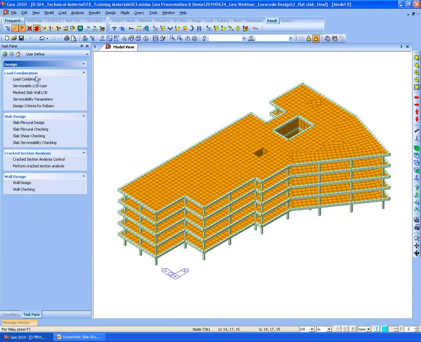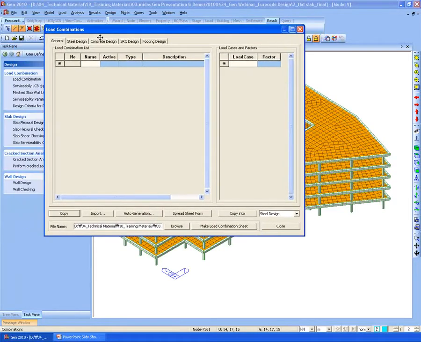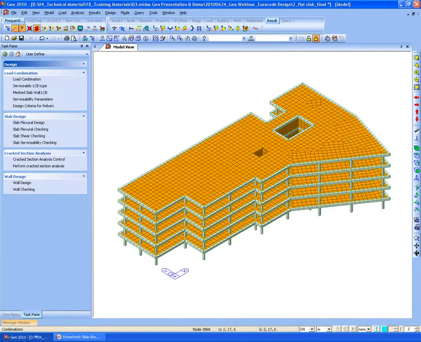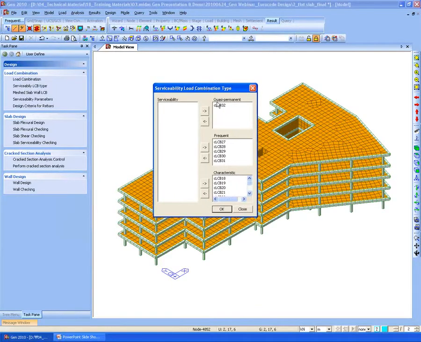First of all, it's the same. We need to create the load data and load combinations. Since this is an RC structure, go to the concrete design tab, specify the design code, and click OK. After creating the load combinations, for the serviceability type load combinations, we need to specify their own type: quasi-permanent, frequent, or characteristic for the Eurocode.